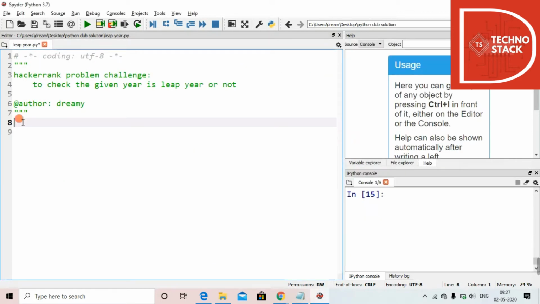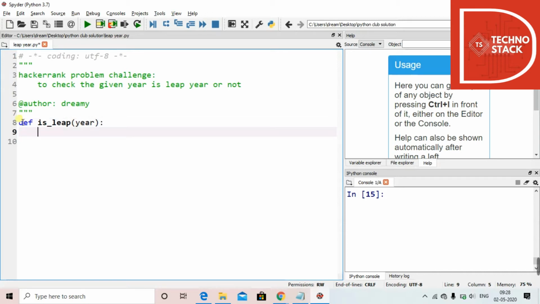So let's get started. For that we'll be creating a function isLeap, and we take the input of year. Now first we set the value of leap, a boolean variable, equal to false.